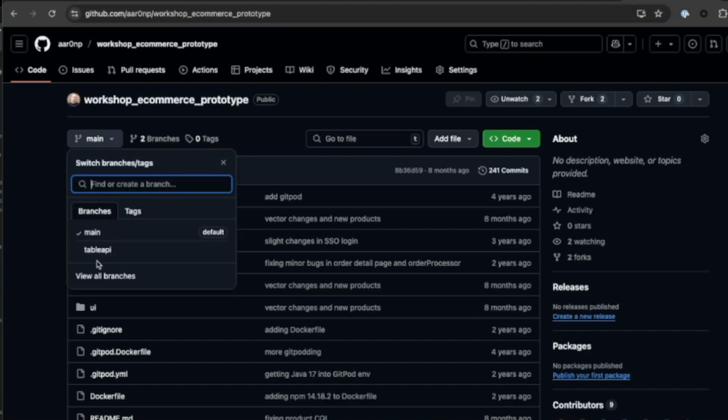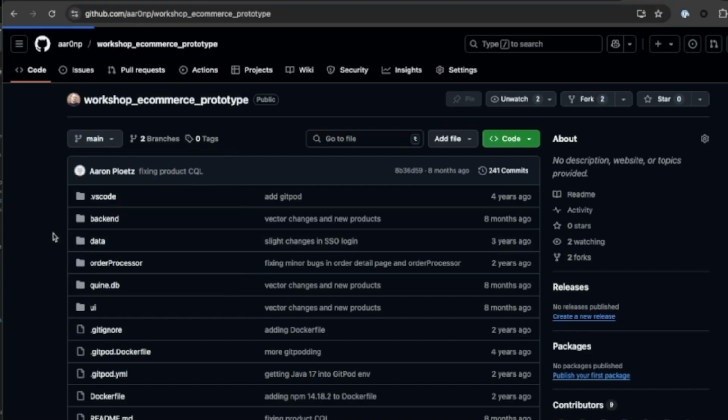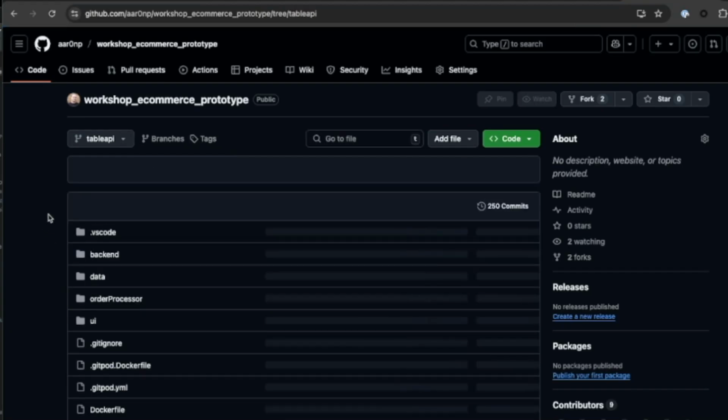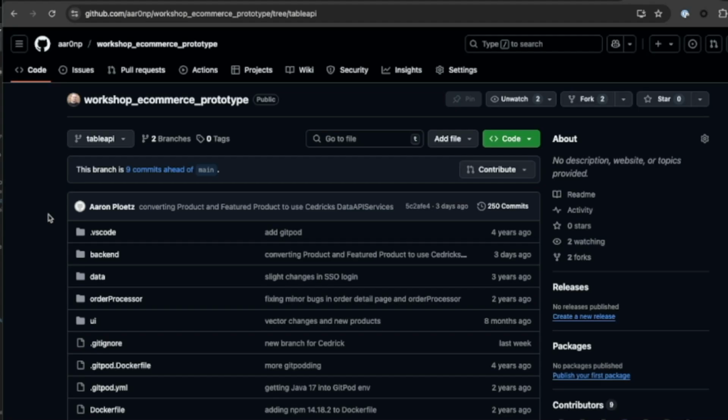What I'm going to do is switch to this Table API branch. This is the one that Cedric Lundven and I have been working on to help put forth a path of converting a big enterprise project from the original CQL data access methods and repositories that you would normally see with Spring Data Cassandra, and we're going to convert that into using the Table API.